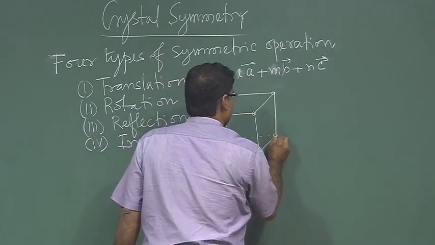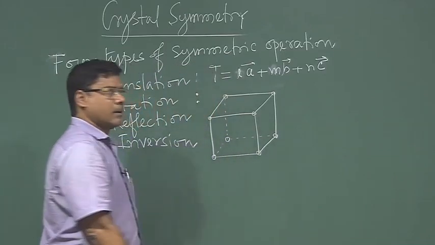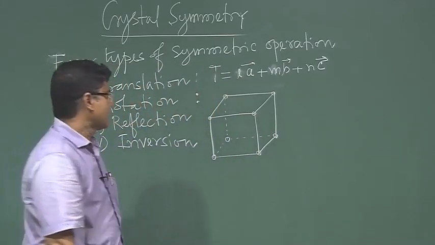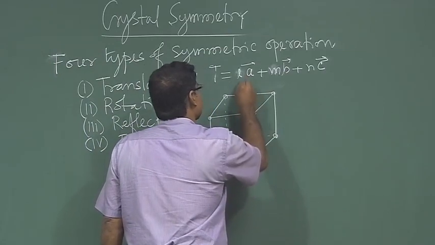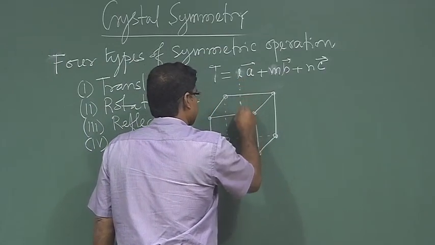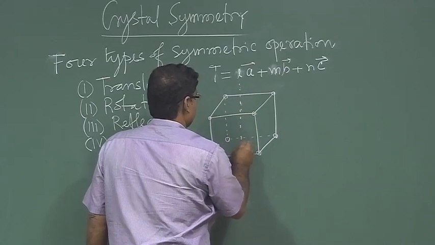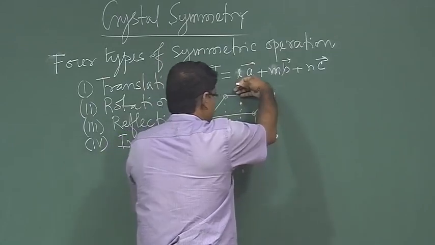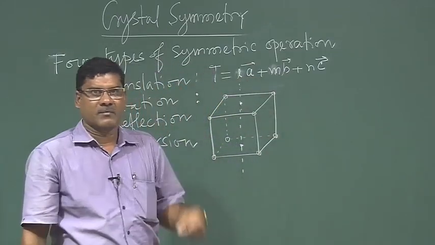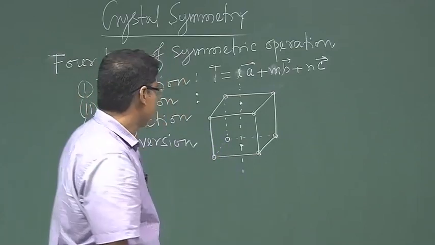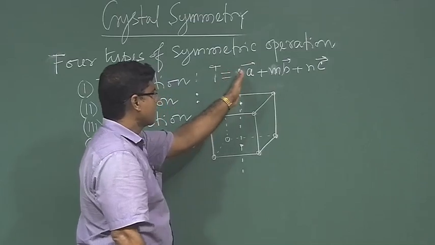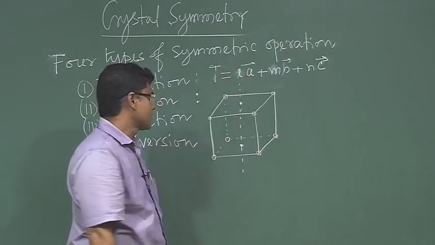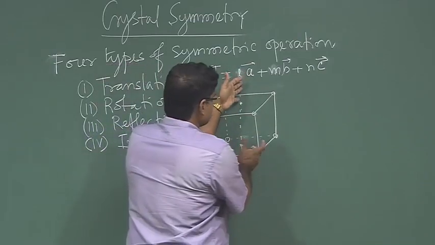Eight corners, 8 lattice points. Now, if I choose an axis through the center of a face and perpendicular to the face, passing through the opposite faces, through the middle points of the faces. Okay. So, now with respect to this axis, if I rotate this crystal,